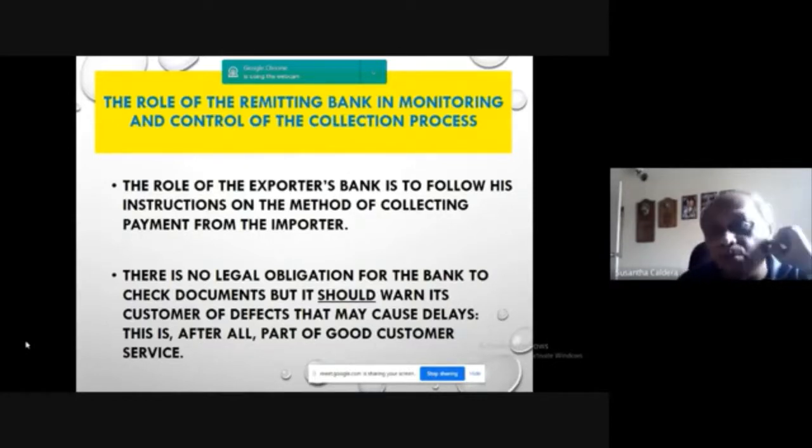There is no legal obligation for the bank to check documents, but it should warn its customer of defects that may cause delays. This is, after all, part of good customer service. In the collection order form,